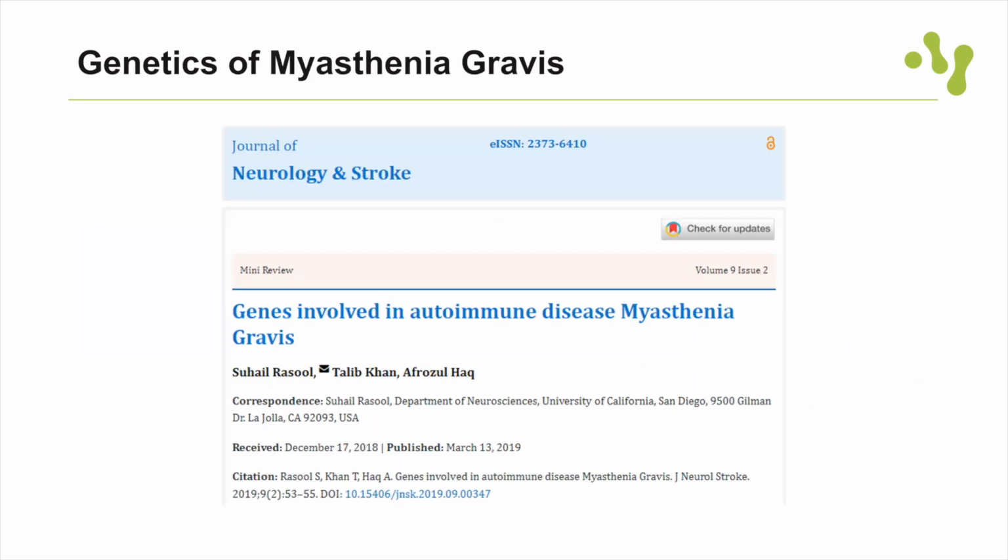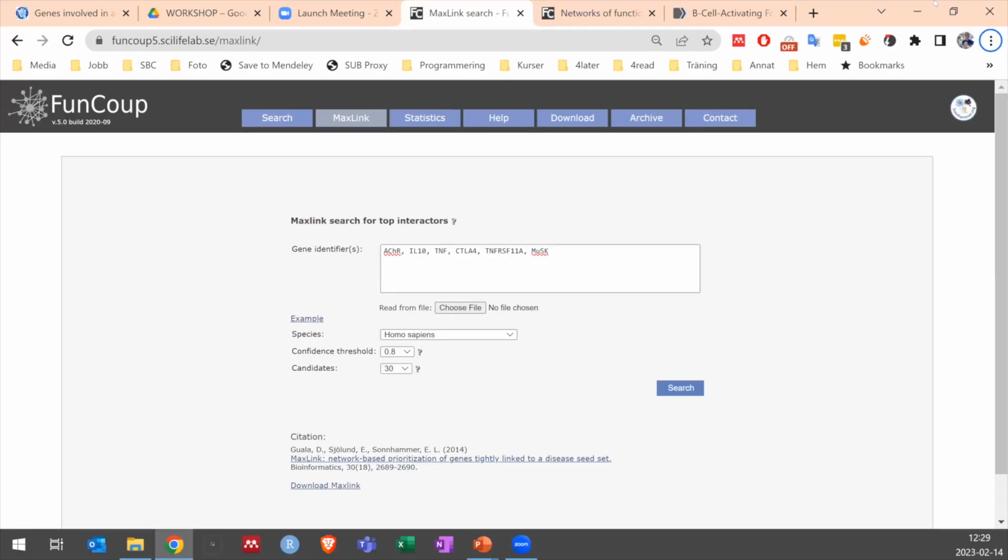And I found a publication discussing 6 main genes implicated in the disease, to have a starting gene set for MaxLink. So now we will move over to FunCoup. There we go. And so I pasted these